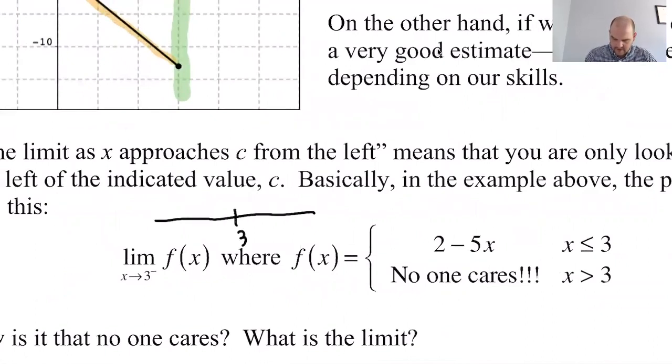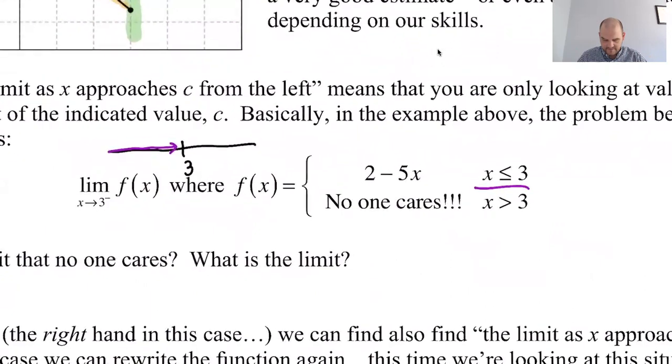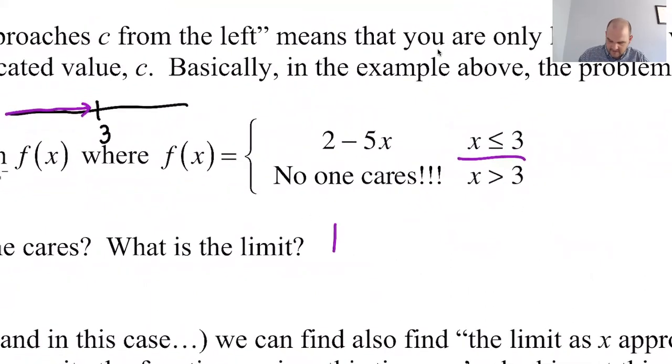So here's 3, and I want to approach 3 from the left. So I got to go this way, right? And as I go that way, I need the definition that applies. The definition applying there is this one, because that's where x is less than or equal to 3. So to find this particular limit, I'm going to say that the limit as x approaches 3 from the left